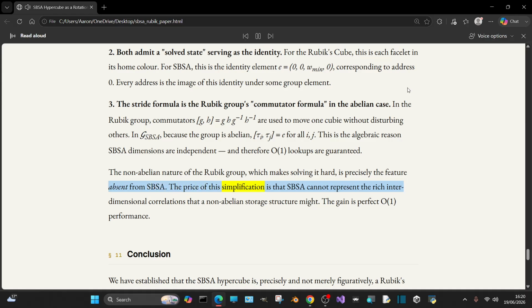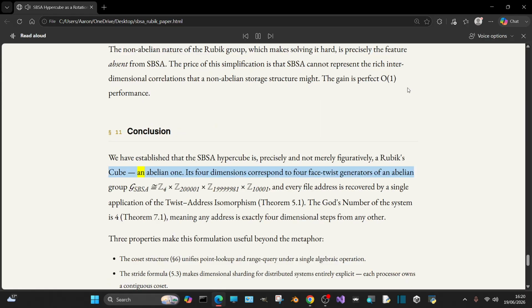The price of this simplification is that SBSA cannot represent the rich interdimensional correlations that a non-abelian storage structure might. The gain is perfect O(1) performance. Section 11 conclusion. We have established that the SBSA Hypercube is, precisely and not merely figuratively, a Rubik's Cube, an abelian one. Its 4 dimensions correspond to 4 face twist generators of an abelian group SBSA approximately equal to Z_4